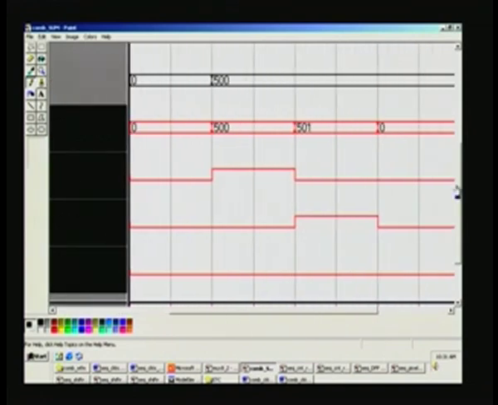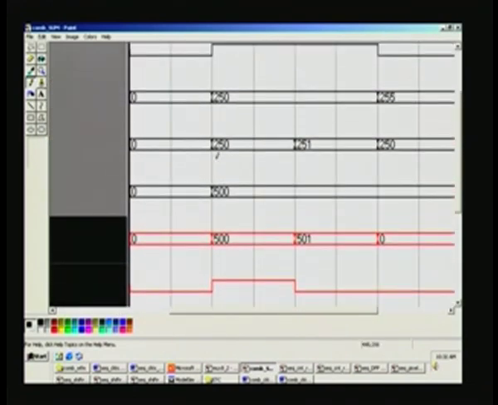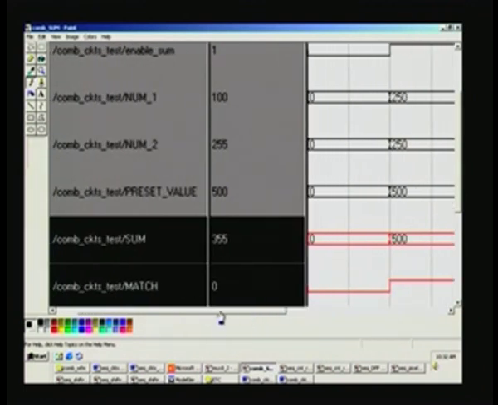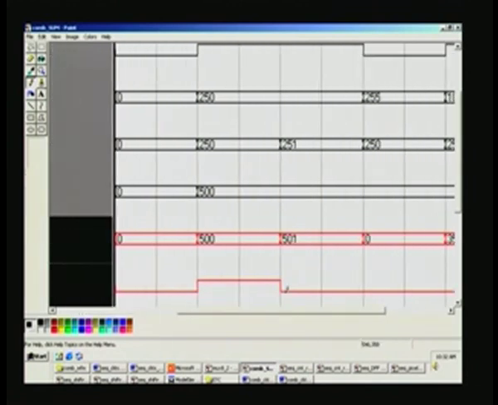So what we had is two numbers here. When you add, it amounts to 500. That is this one. This is the computed value, and now you can compare 500 with the preset value. This is the preset value. So equality is seen here, so the match signal must be on. Is this the match signal? Let us see. Yes, this is the match signal. So you see here, it was 0 all along in either direction, and it goes high only during this equality